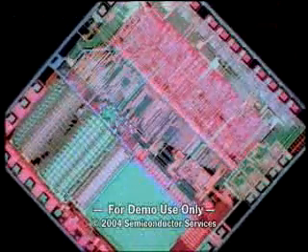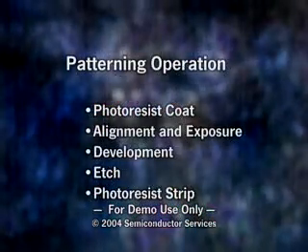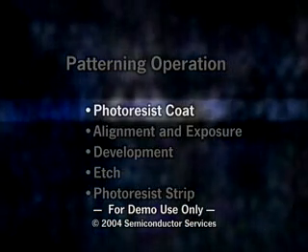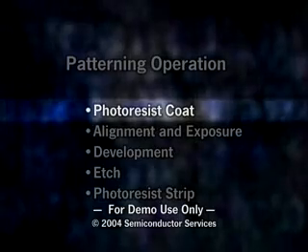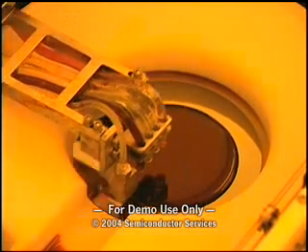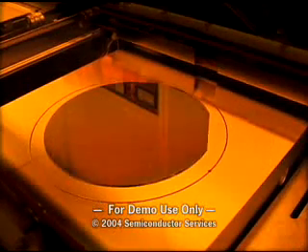Patterning is the most demanding and costly semiconductor manufacturing operation. There are 5 basic steps to the patterning operation. The first, photoresist coat, begins with sequential dehydration, priming, and baking steps. These are followed by the application of photoresist in a spin process, and another baking step to drive off the